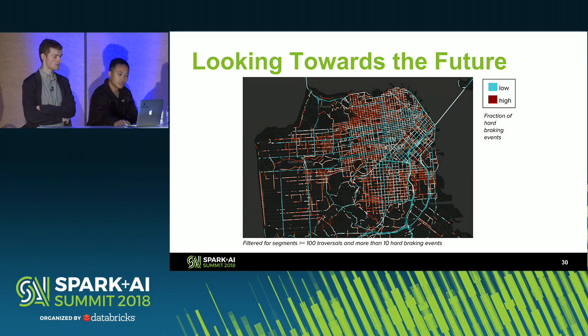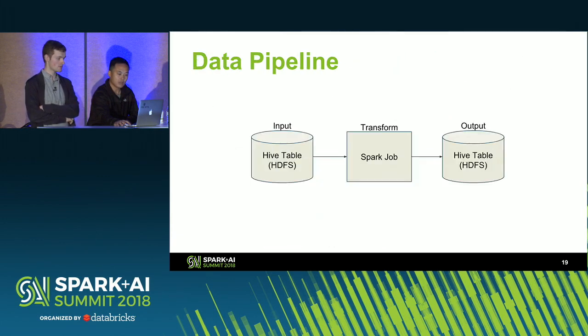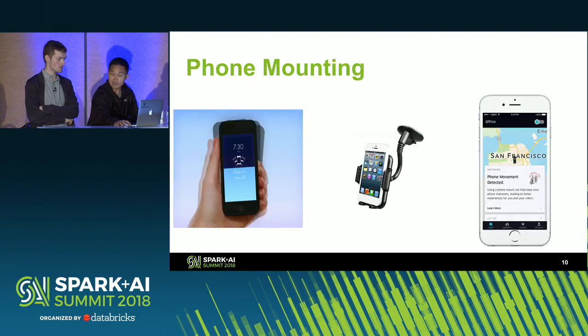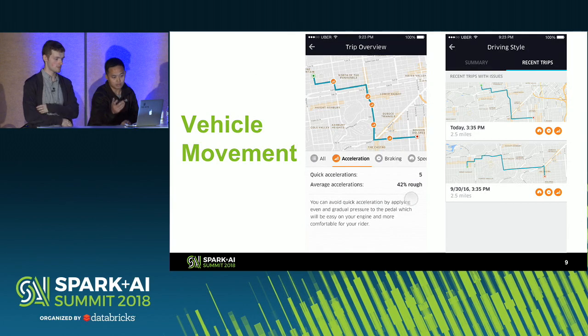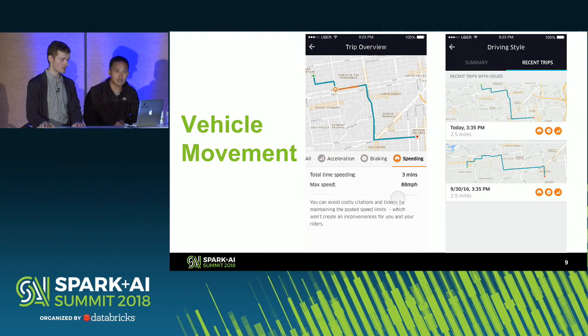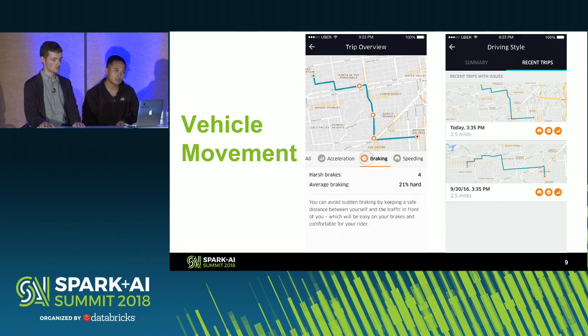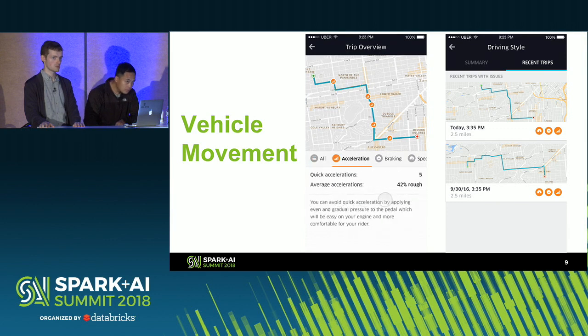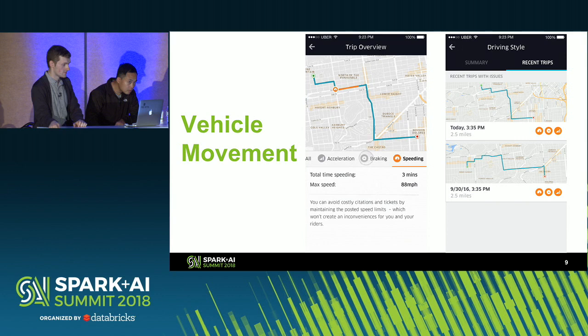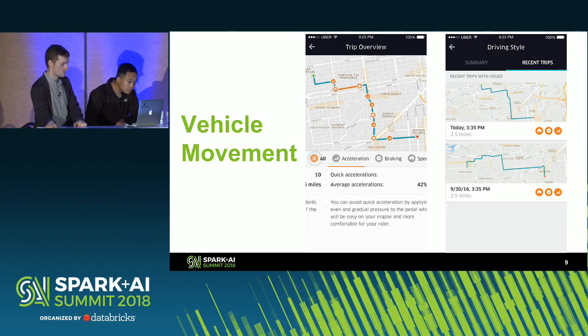Yeah, so the stuff we showed here is actually already in the Uber app. Basically, we provided this dashboard to monitor and show the driving styles and the braking events. One of the things it can do is help train the drivers, to coach the drivers to improve their driving. The outcome will be, if you know this driver has many hard brakes or is not really a careful driver, the outcome